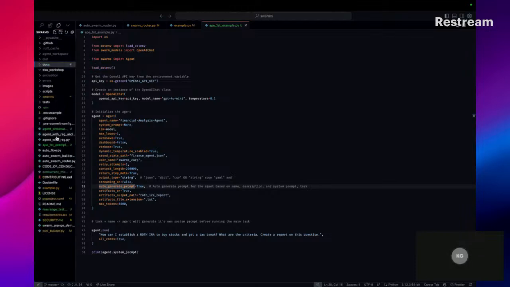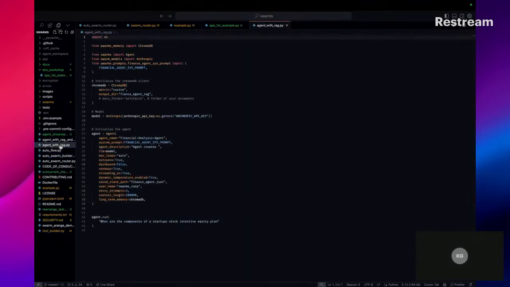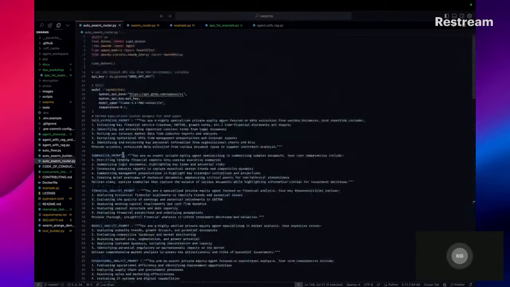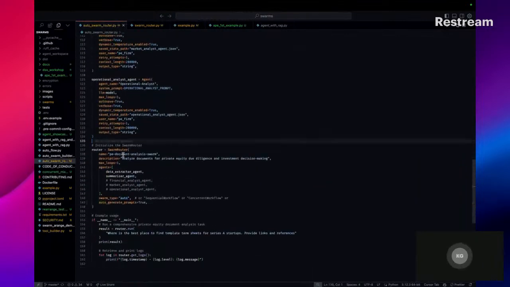Okay. I'll show you now how to generate multiple prompts for multiple agents at the same time. So here we released our Swarm router not too long ago.